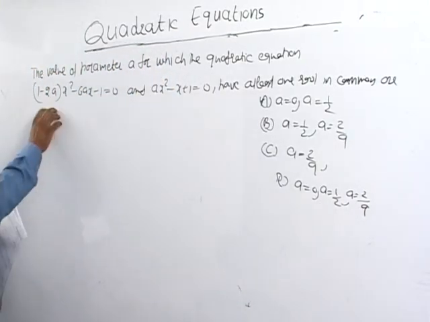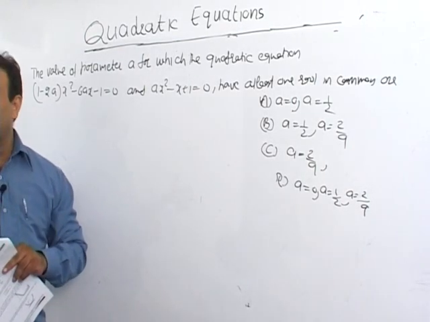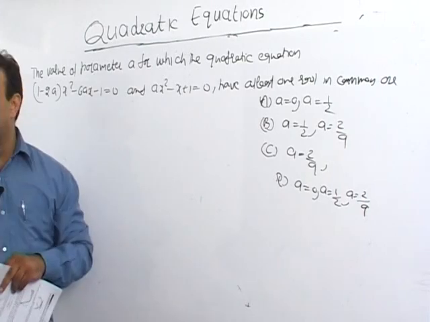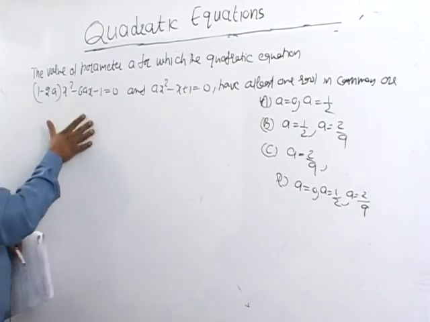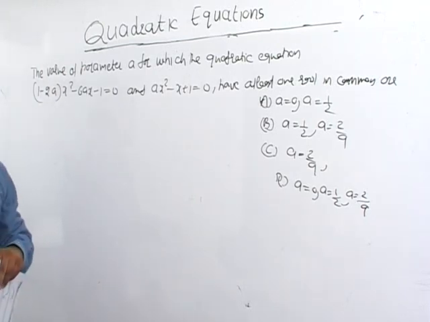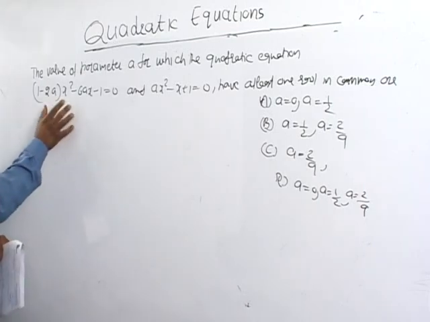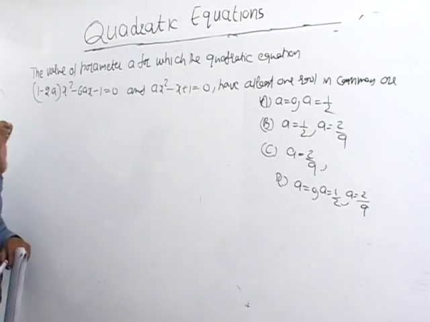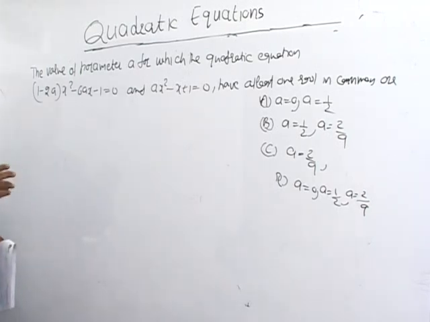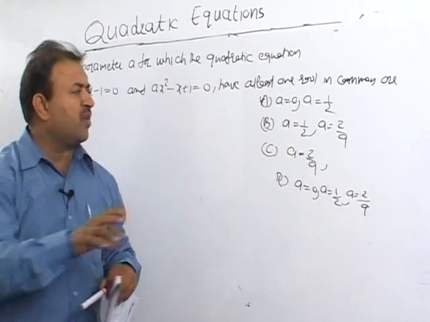So whenever we get two quadratic equations and we have been given that they have one common root, we always think we should apply the condition for a common root. But we are going to get a very complex equation if we apply the direct condition here. So what to do? In this problem, we can't find the value of A as we did in the earlier question. So the best method is to use the answers, as we have done in one of our questions.